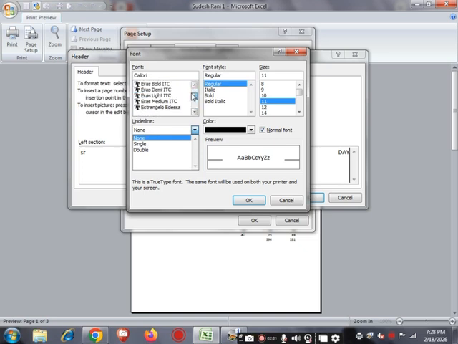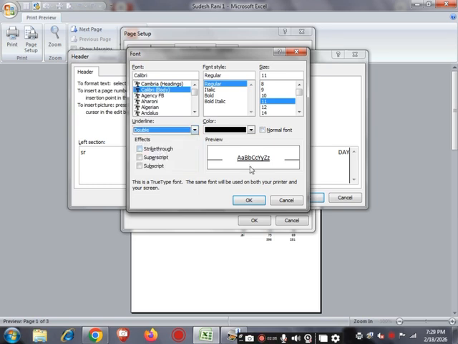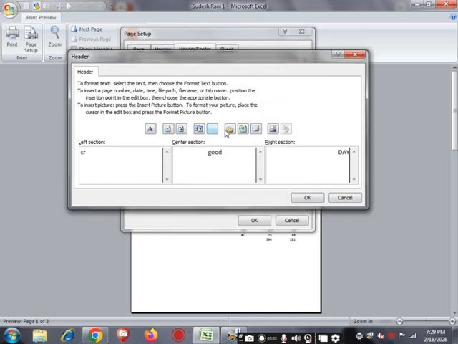Like if we want to set the font, then see, these are the font, this style and the size, these are the color, we can choose any color, and this is the underline if you want to give any underline. And see in the preview, you can see your text at the same time, and if we give any underline, you can see the effect. The effect option is also highlighted here. We can choose any effect: strikethrough, superscript, subscript. And next is the normal font. If we don't like the designing, then simply click on normal, like I have applied this designing, then normal font. Next is the size. These are the font style, and these are the fonts. After setting all, simply click on OK.